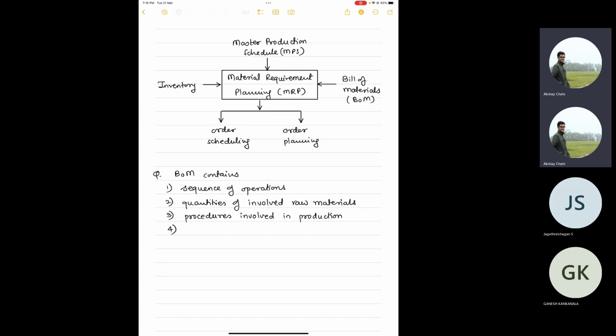And fourth is machines or equipments required for production. So I posed it as a question, but the answer is all of the above,